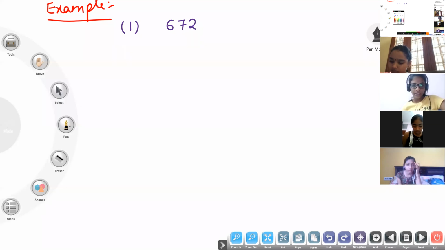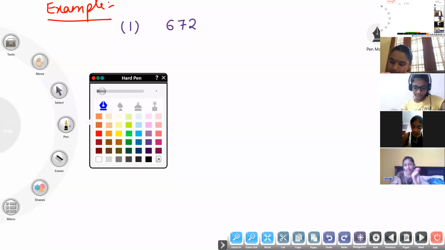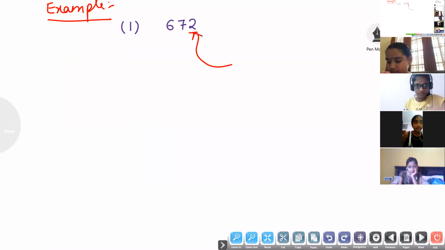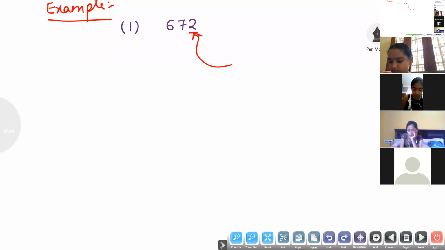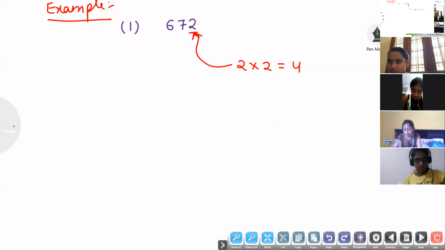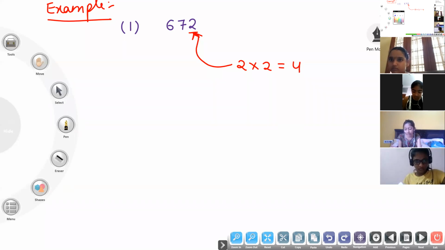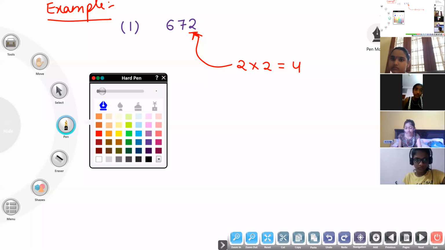Double the last digit. Last digit is what? 2. Double of that digit, 2 into 2 is equal to 4. After doubling the last digit, I want to check the remaining digits. Remaining digits are